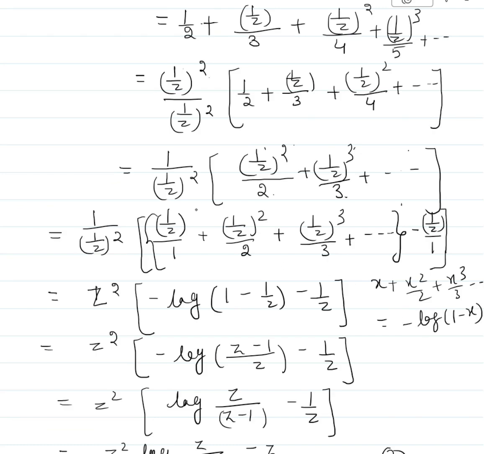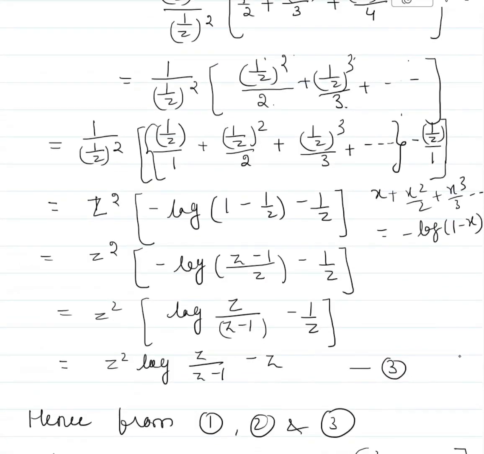In this particular case, x is working as 1 by z. So instead of this formula, you will write minus log(1 minus 1 upon z), because x is 1 upon z. So this is the formula of minus log(1 minus 1 upon z) of the series, and the minus 1 upon z remains the same. After simplifying and taking LCM, this becomes (z minus 1) upon z, with the minus 1 upon z